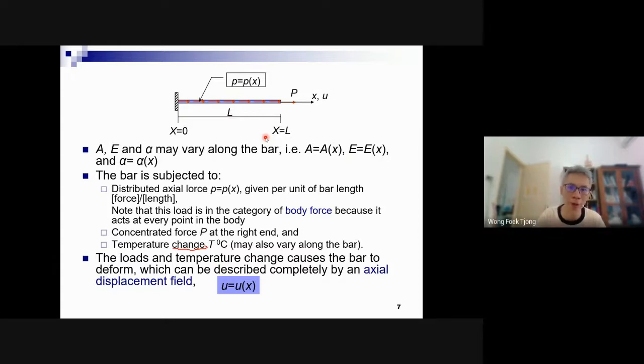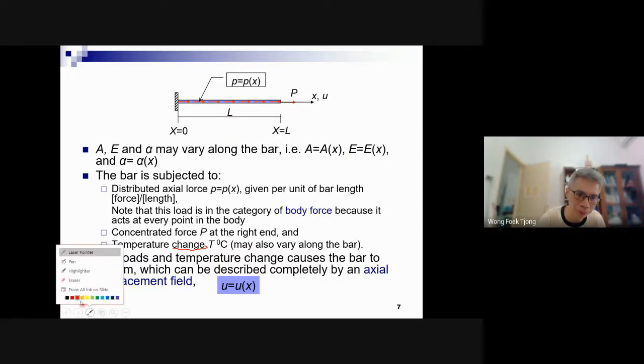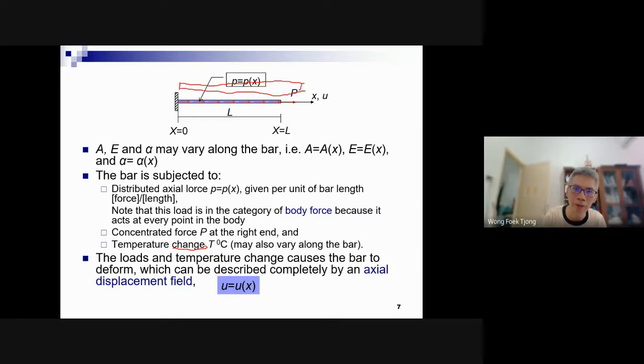So to describe the deformation, for example, initially the bar is like this. After the loadings, it becomes like this, for example longer. Of course, if a point originally here becomes, after deformation, not here but here, for example, this deformation is completely described by U. U is the displacement of the cross-section. This is the cross-section. This is the displacement of the cross-section. U at what? At the coordinate X here.